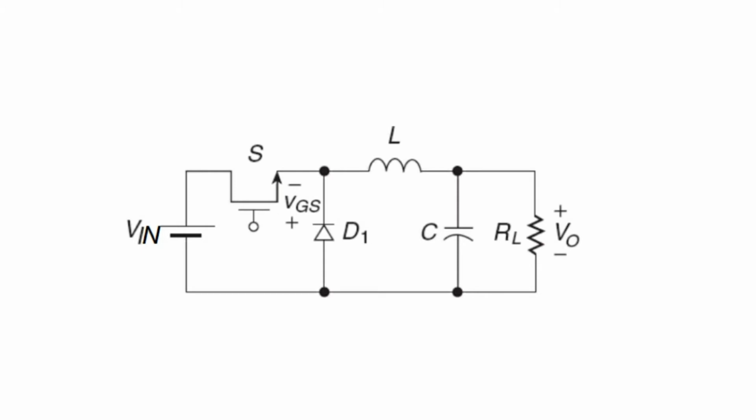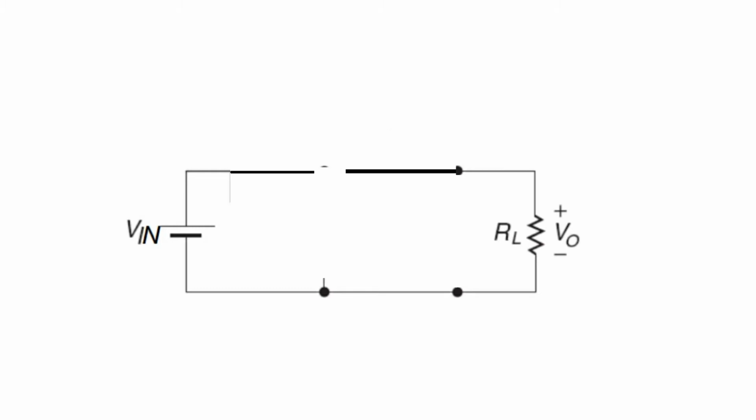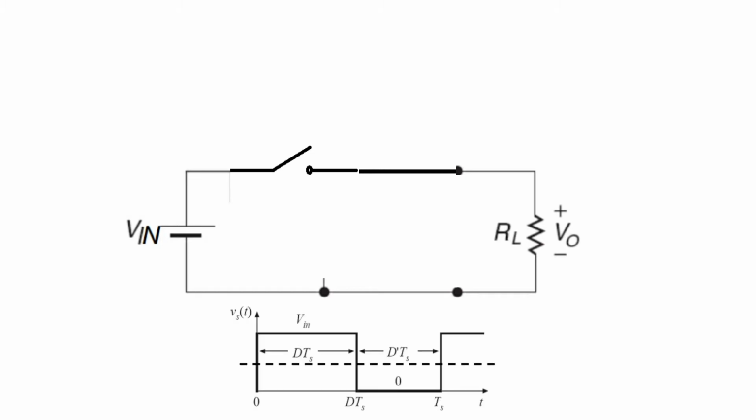For more understanding, let me simplify it a bit more. Removing the energy storage elements and the diode, we see that as the switch is closed, the load is connected to the source, and when the switch is open, the load is connected to nothing. The output voltage pattern will be like a rectangular wave, or you may say a PWM wave, pulse width modulated